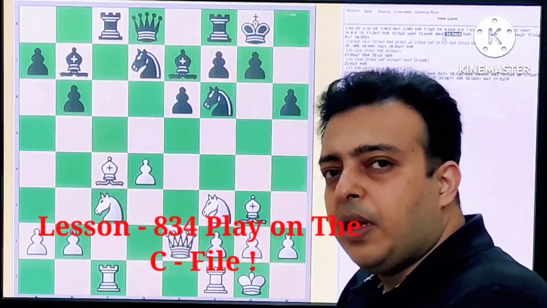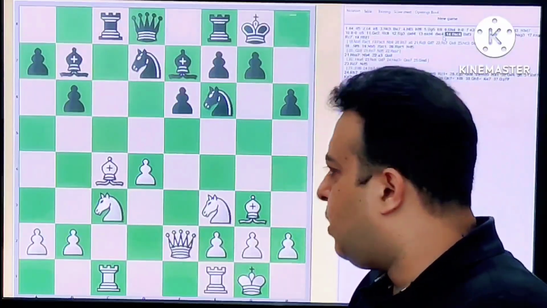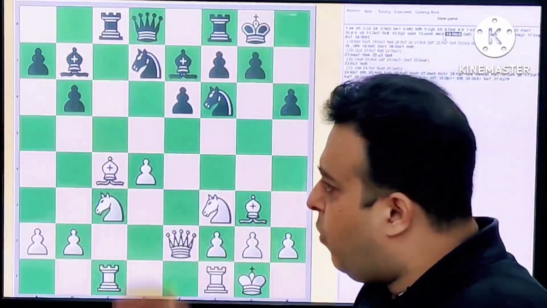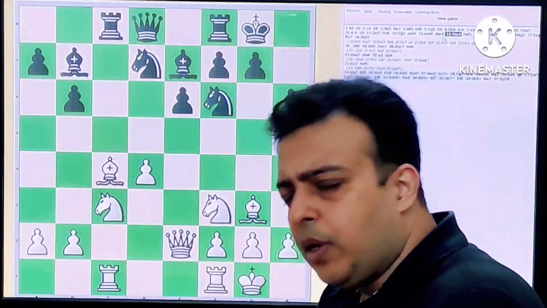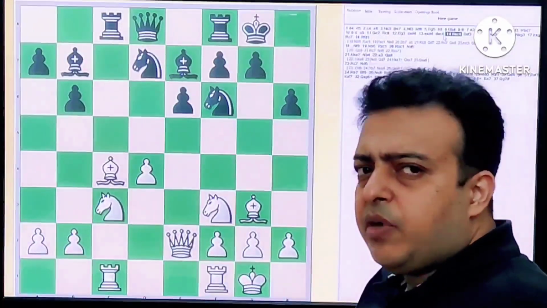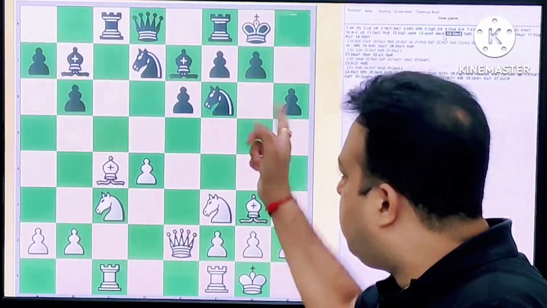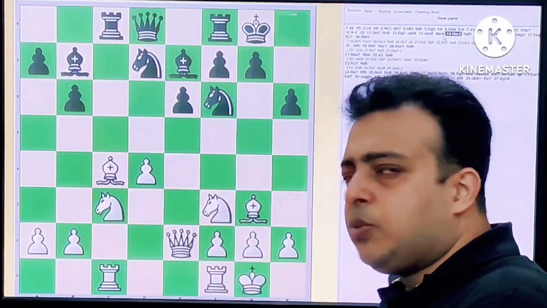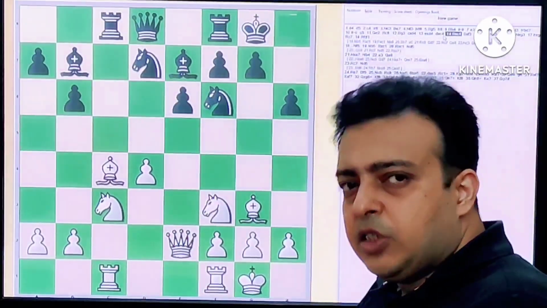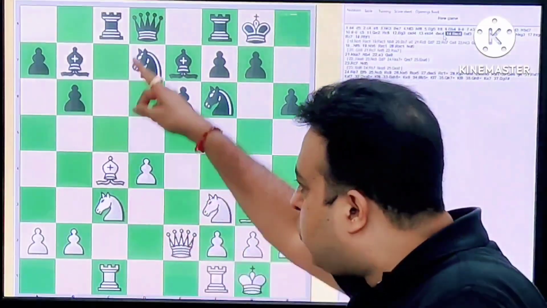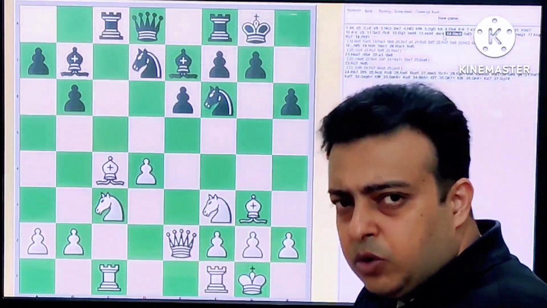Today we are at the next topic, that is attacking with an IQP, the isolated queen pawn. We are going to discuss the sixth case today. We have done some cases related to center break, kingside attack, bishop h6 sacrifice, use of h pawn, use of e file and so on. Today we are going to see how the c file and some play can be used on the queen side